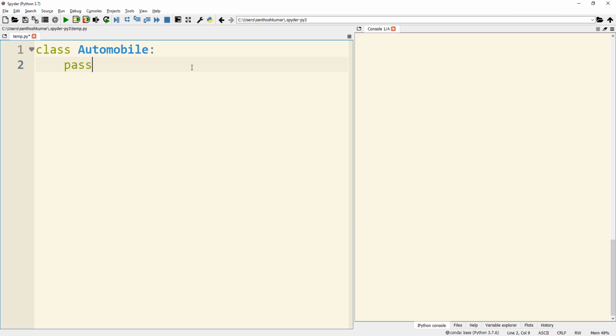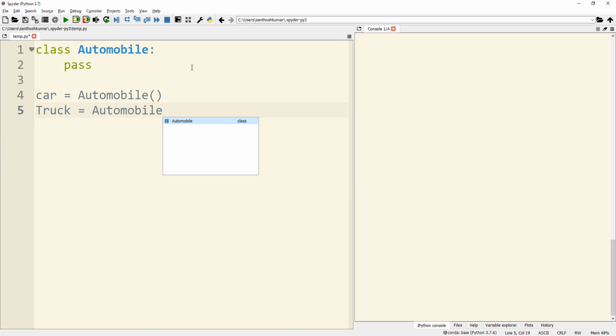Down below in line number 4, I am declaring car as an instance of the class. In order to do that, I am creating a variable car and assigning it to the class automobile. So here car becomes the instance of the class automobile, and then in the subsequent line I am declaring another variable by name truck, and I am assigning it to the class.